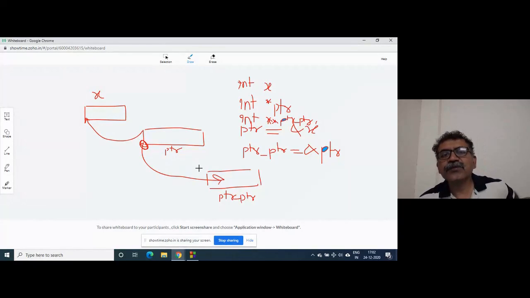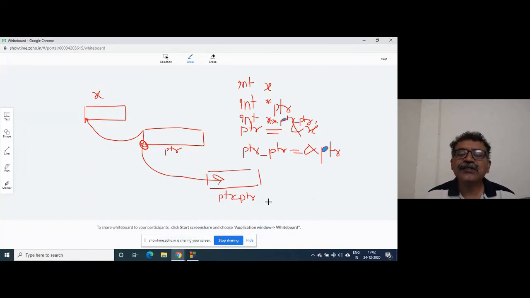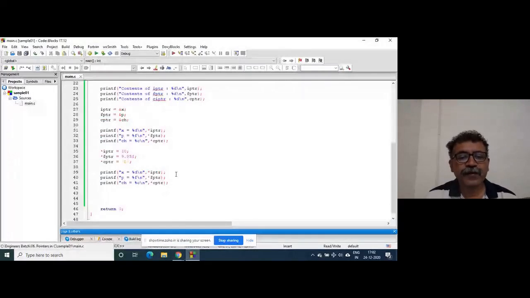So this is how it works, and this chain is limitless. Again this address can be stored, again this address can be stored. It is up to the programmer's comfort and the requirement of the program, the requirement of the applications. So what I want to tell you is that